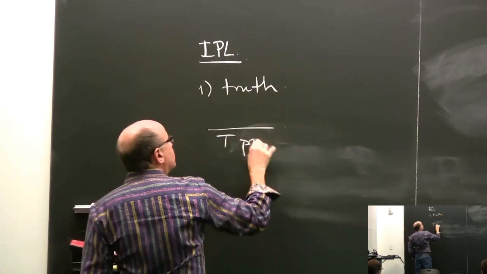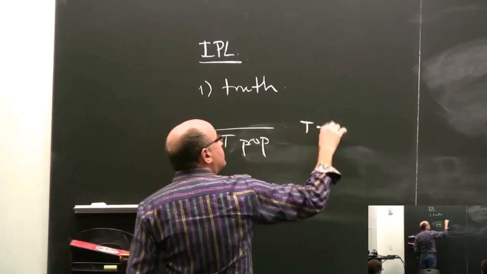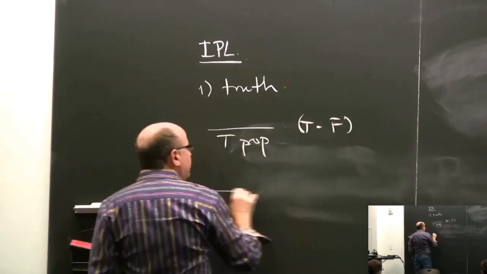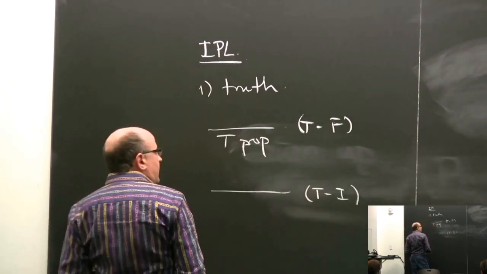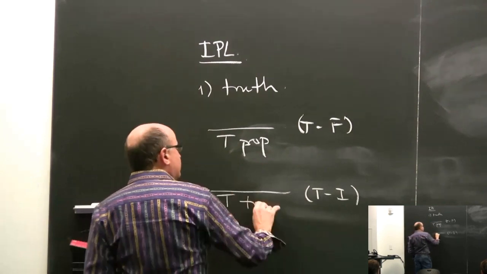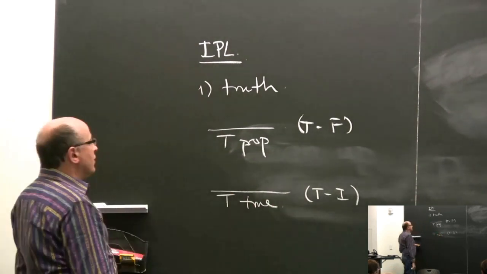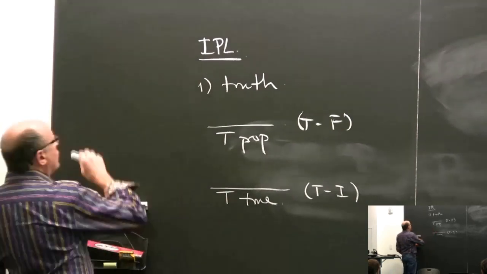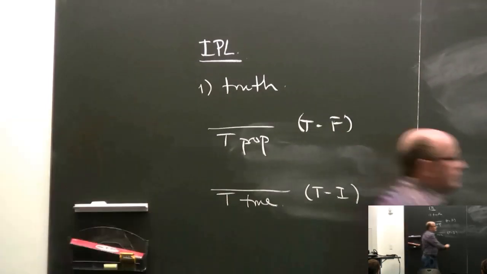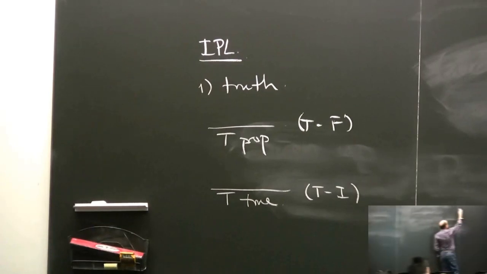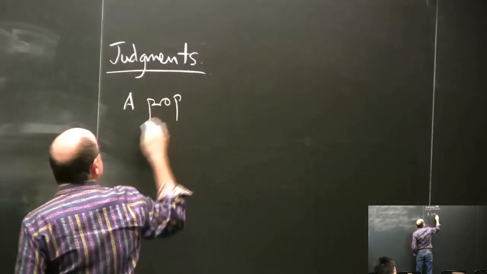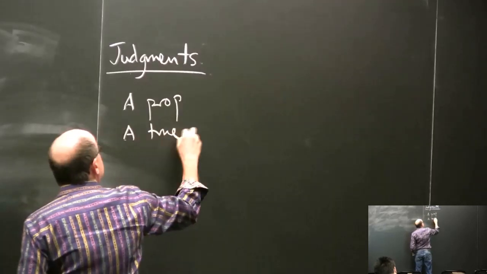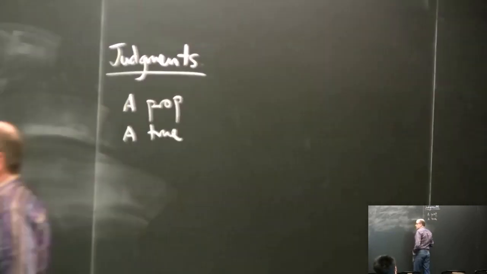So we had the notion of the trivially true proposition, which we called the true formation rule. And we organize things into introduction and elimination. So we have truth introduction, and truth introduction simply says the trivially true proposition is true. So already I'm illustrating the framework that we're using. I'm going to leave some room over here. So the framework of judgments that we're using is we have a judgment of A expresses a proposition. We have A expression is true, and then I'm going to say some other things which will go here.